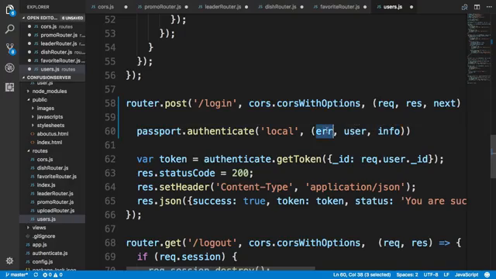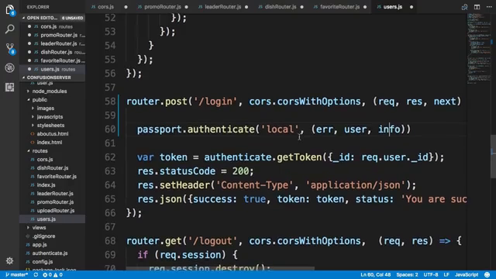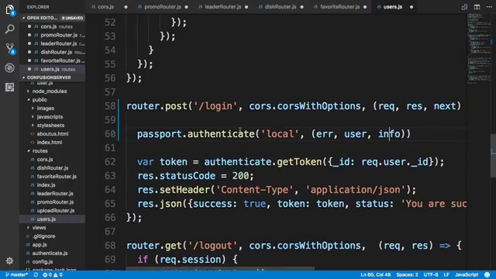So the error will be returned when there is a genuine error that occurs during the authentication process, but the info will contain information if the user doesn't exist. And so the passport authenticate is passing back a message saying that the user doesn't exist, or either the username is incorrect or the password is incorrect, and so on. So that information will be passed in the info message. Now we will see how this is useful to us when we look at the client side a little bit later. So in this situation, we will handle this as